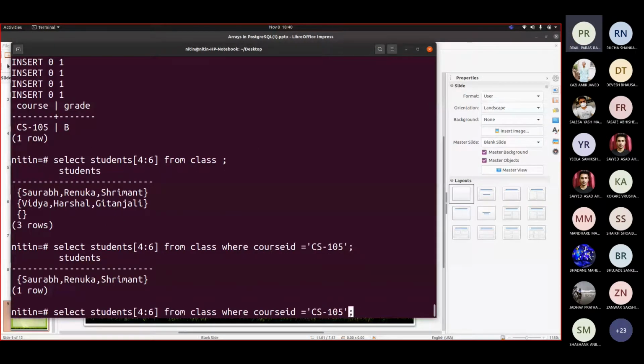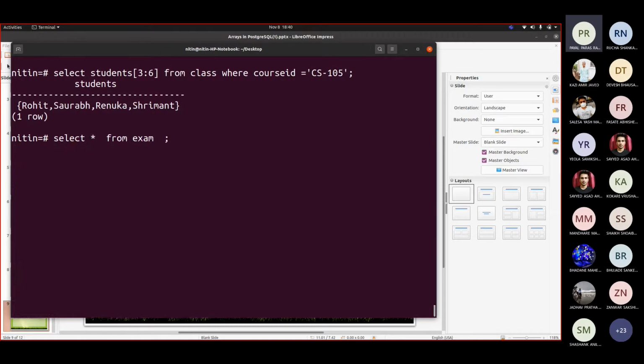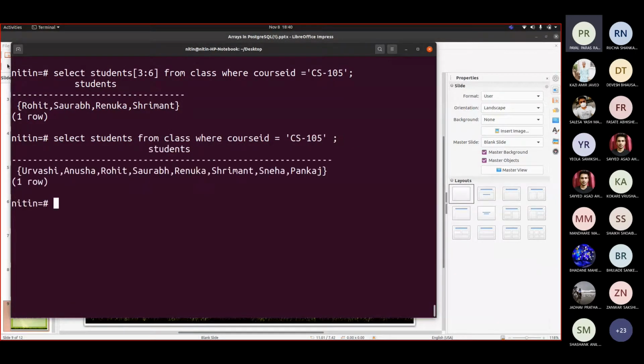So if I say 3 to 6, now let us try to find who are the students. Yeah. So we retrieved from 3 to 6. 1, 2, 3. 3, 4, 5, 6. Can you see these all names? So this is slicing.